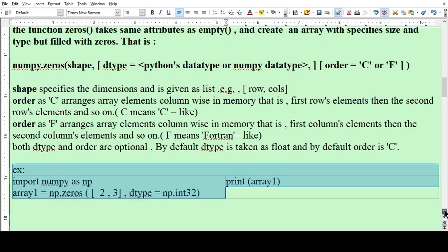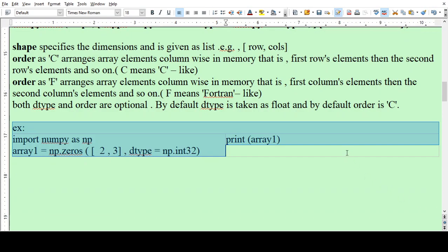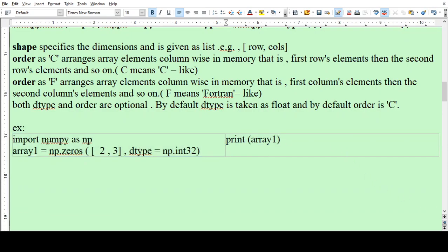By default, the dtype is taken as float and the default order is C. See one example: import numpy as np, array1 equals np.zeros(2, 3, dtype=np.int32), print array.